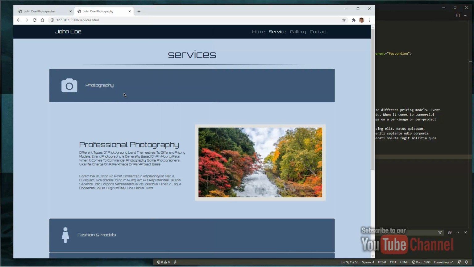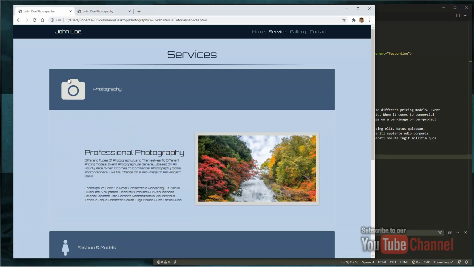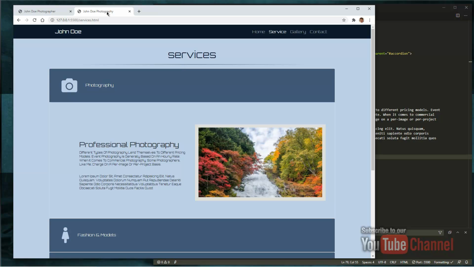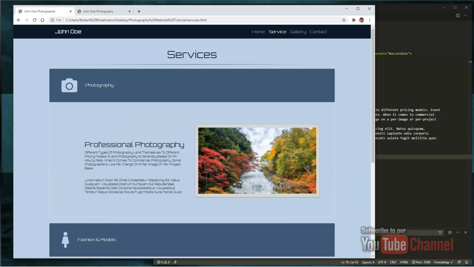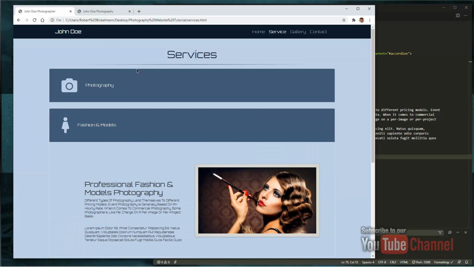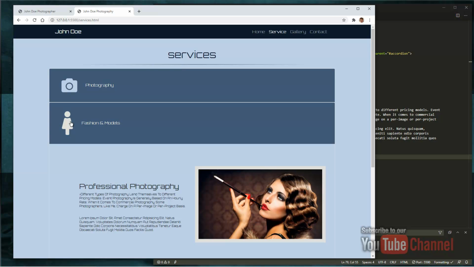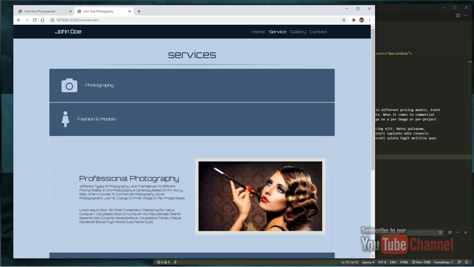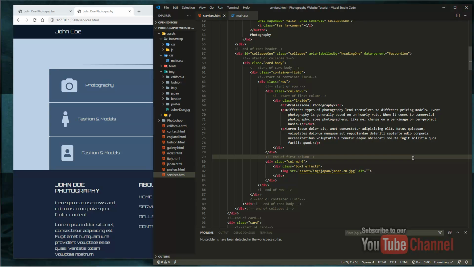So, and let me see now. Let me compare with the other one. Yeah. Let me close this one. Let me open this one. And we have to change the text in here also, no? And here we still got a problem. Okay, so these are things which we have to do here in the